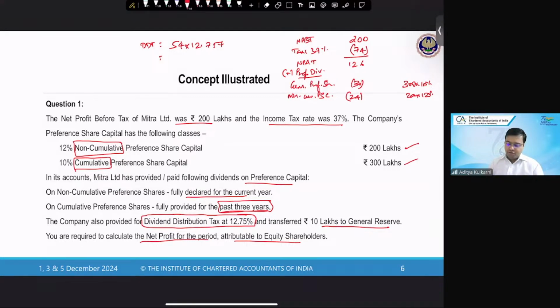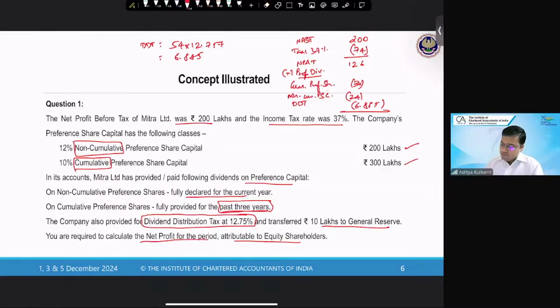So 54 into 12.75% comes to how much? 6.885. So we will subtract the dividend distribution tax 6.885. So now when I calculate 126 minus 54 minus 6.885,